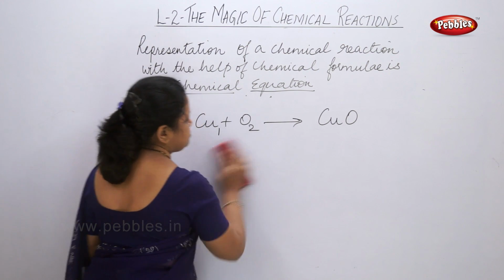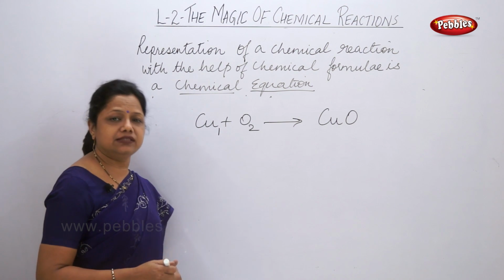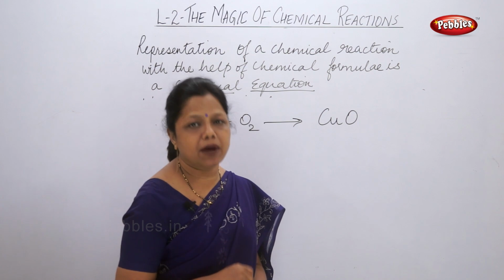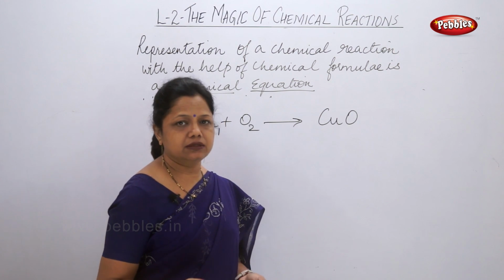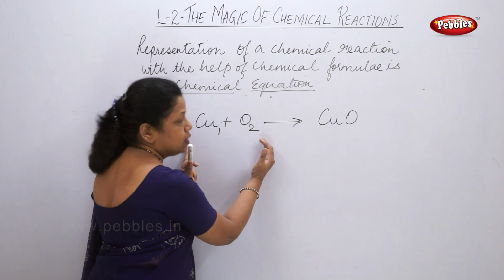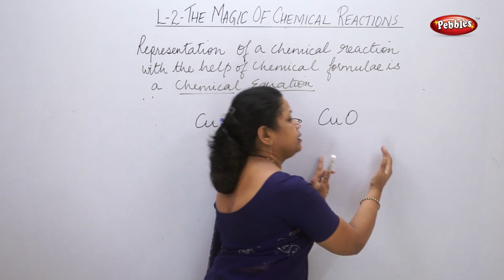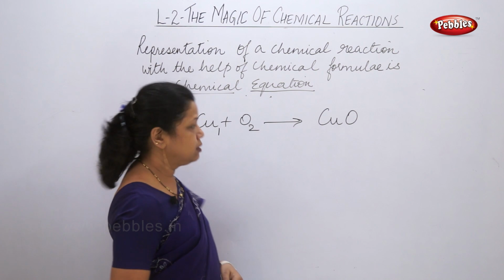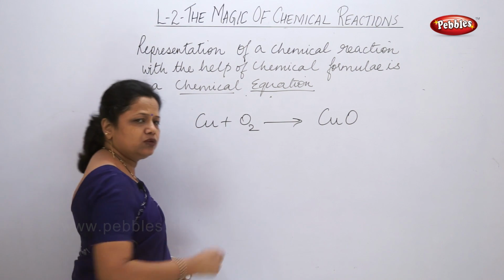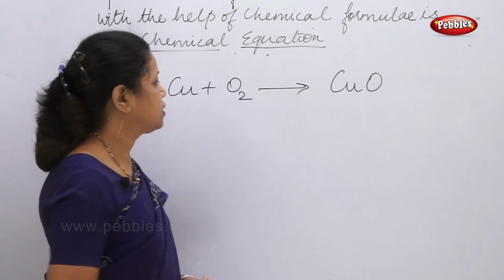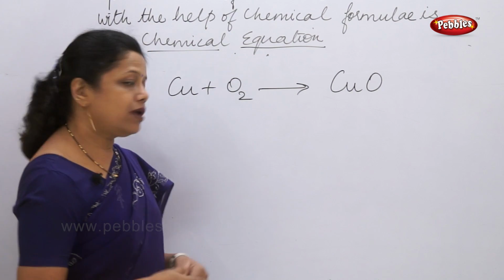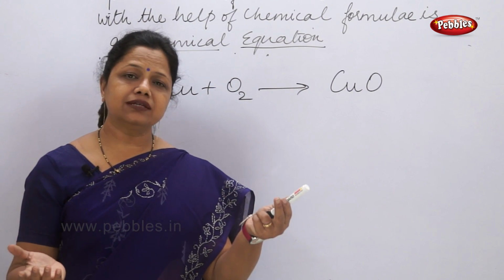Now, what is balancing the equation? As I said, it depends on the law of conservation of mass. The mass does not change. That means the number of atoms on the left side of the equation should not change, and it should remain the same on the right side of the equation also. So now how to do it? Now when I am writing nothing, it means 1. We do not write 1 generally. Now on this we can start how to balance the equation. Now all of you have seen a balance. How does it get balanced?